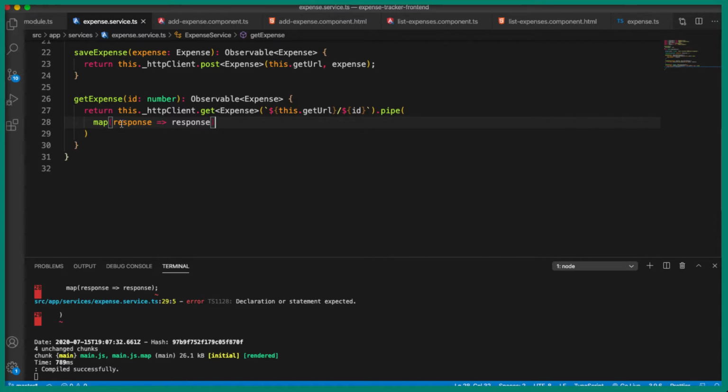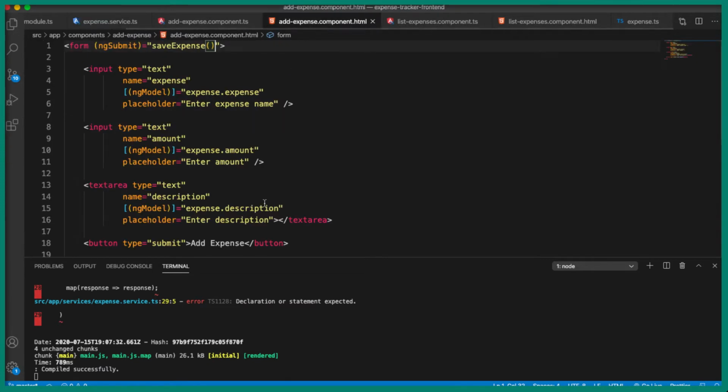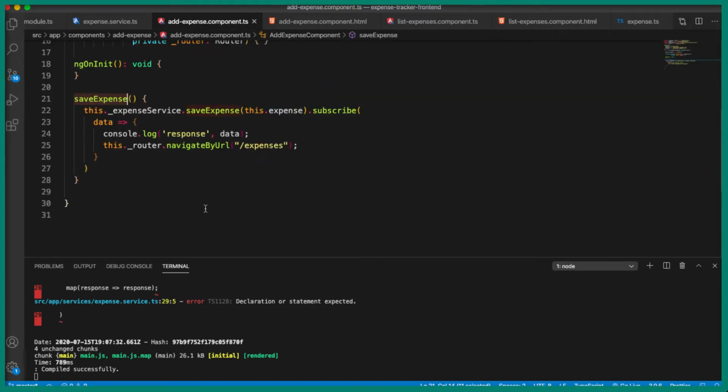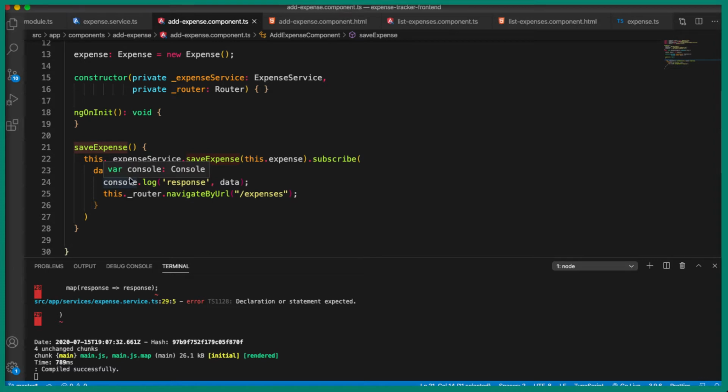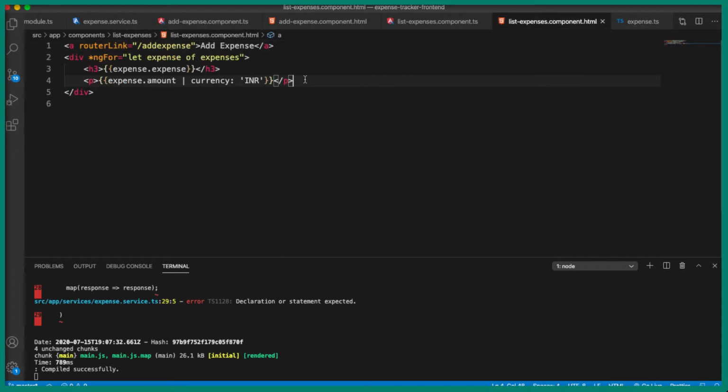All we need to do is call this method inside our component. So let's go to the add-expense.component.html, and inside this method what we need to do is when the user clicks on the edit button, we need to add the edit button inside the list expenses. So let's go to the list-expenses.component.html. Let's quickly create the, okay, before that we need to create a route. So let's go to the app.module.ts file,